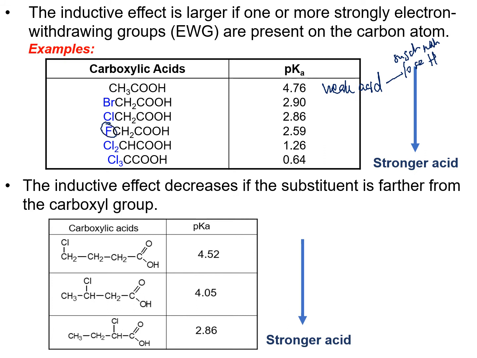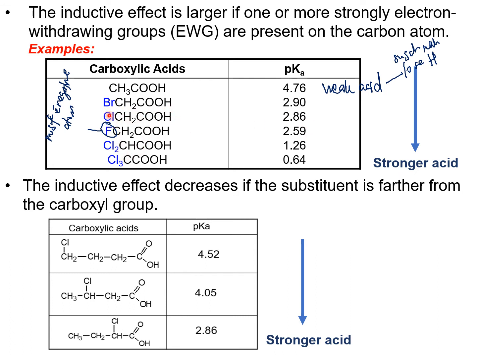We know that F is the most electronegative atom. Okay, so that's why lah dia memainkan peranan jugalah. So that's dia punya EWG, F ni halogen, jenis halogen yang electron withdrawing group yang macam kuat sikit lah. So that's why you can see here dia punya pKa value dia lagi rendah. So that means it's a stronger acid compared to ClCH2COOH and BrCH2COOH.